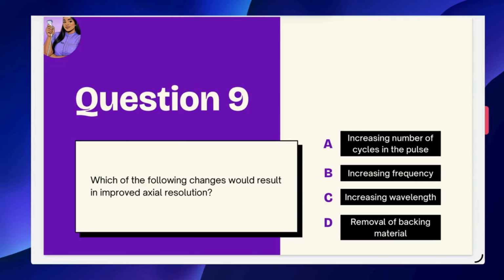So A would not be the best choice here, guys, because if we increase the number of cycles we have in our pulse, that's going to make our pulse too long. For axial resolution, we want shorter pulses. Let me show you guys. For axial resolution, we're talking about the system's ability to separate structures that are along the path of the sound beam, so they are one in front of the other. What's coming out of our transducer are pulses of sound, right? If our pulse is too long,